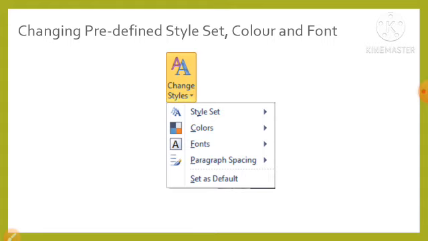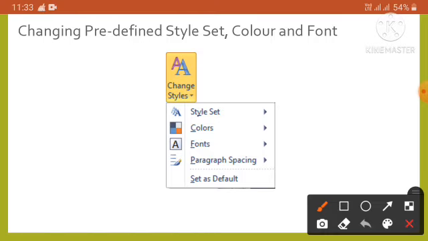The description of these options: number 1 is Style Set. Style Set refers to the style that gives the facility to format all the elements such as title, heading and text by specifying the font type, font size, font color, paragraph spacing and indentation. In other words, the style set is the combination of title, heading and paragraph styles.